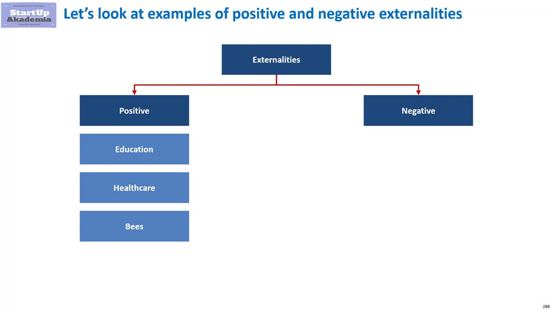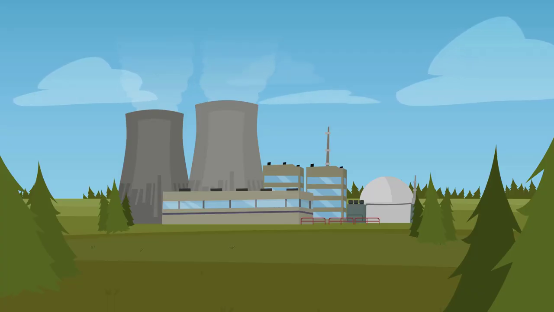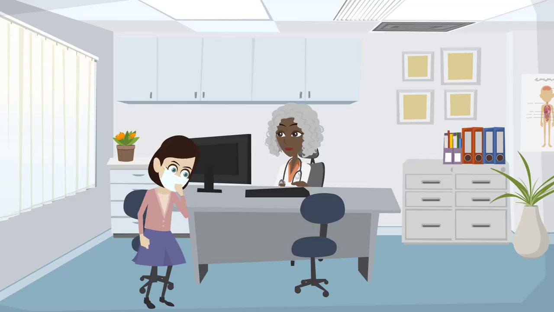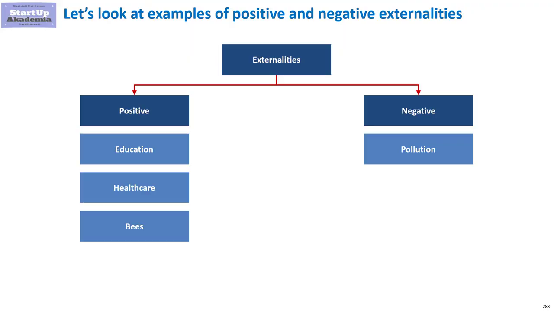Now let's move to negative externalities. The first one that is affecting almost everybody is pollution. It is mainly produced by factories and cars. Pollution causes health problems that can result in higher mortality. For example, in Poland, around 10% of all deaths are related to pollution. Moreover, pollution increases the costs of the healthcare system and decreases the IQ of kids.